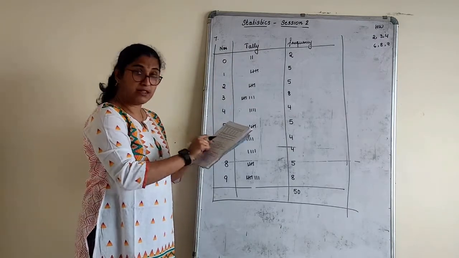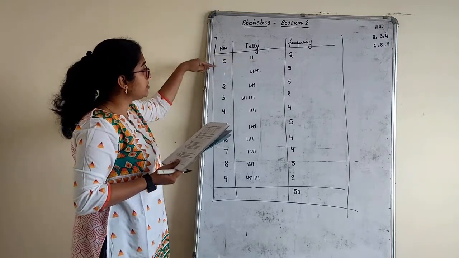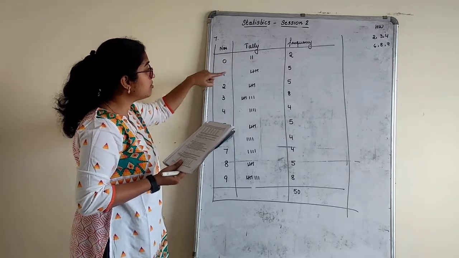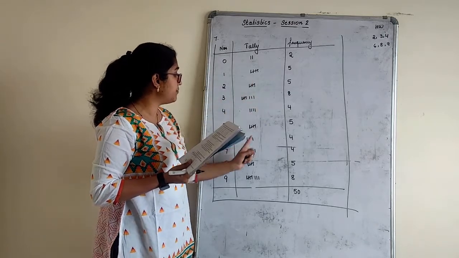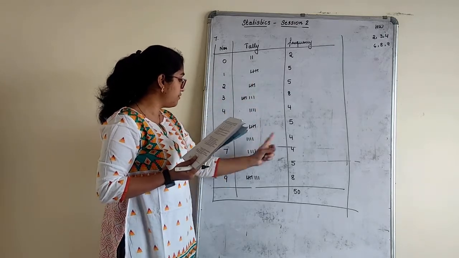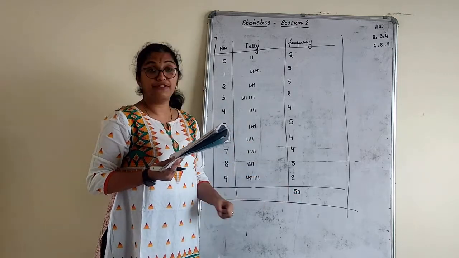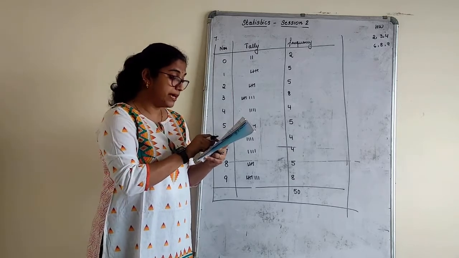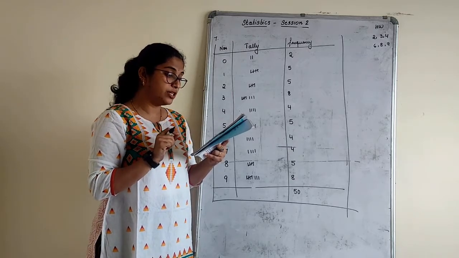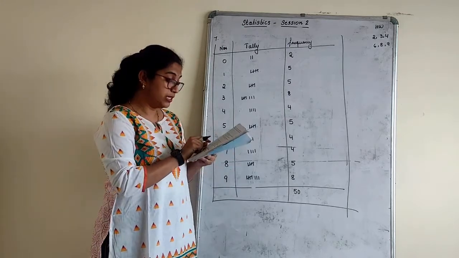That means in this number given after decimal, children, 0 is occurring 2 times, 1 is occurring 5 times, 2 is repeating 5 times, 3 is repeating 8 times, 4 is 4 times, 5 is 5 times, 6 is 4 times, 7 is 4 times, 8 is 5 times and 9 is 8 times. Total 50. So the sub questions we will see. Make the frequency distribution table of the digits from 0 to 9 after the decimal point. We have done that.